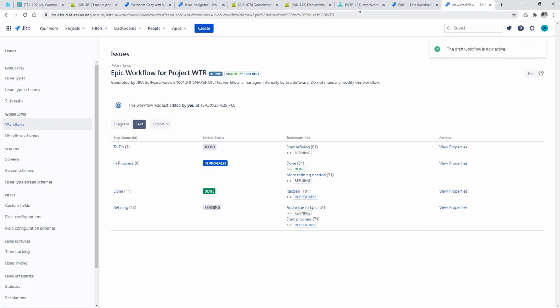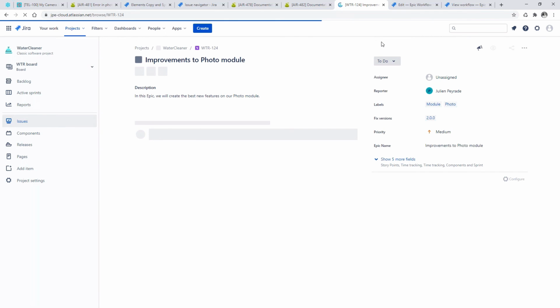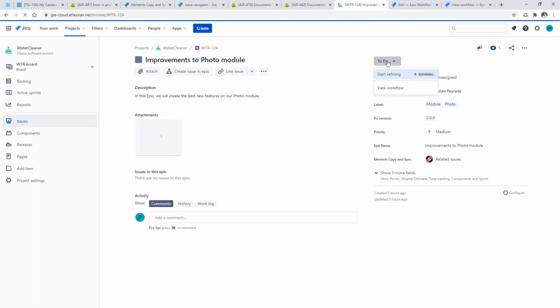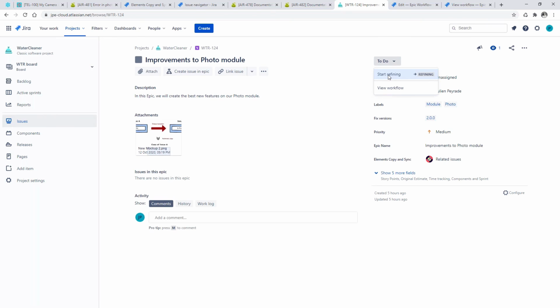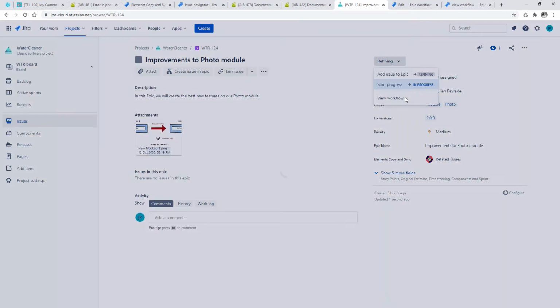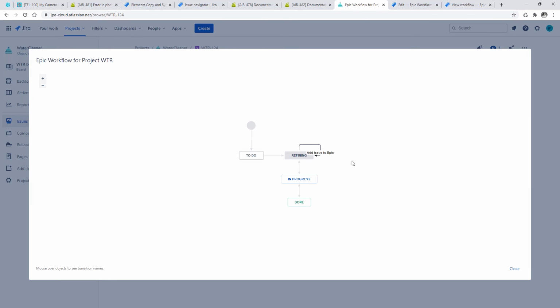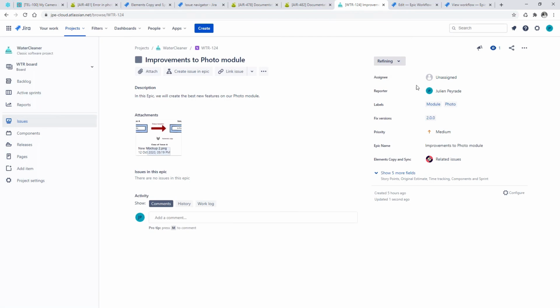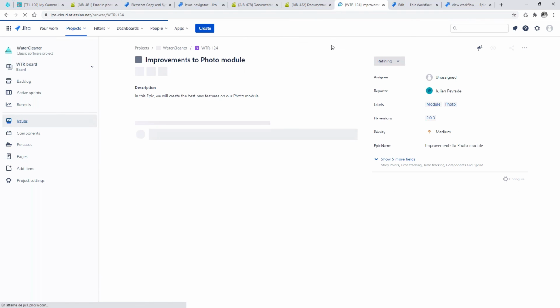And I can go back to my epic. First, I need to be in the status start refining. As you can see, in the workflow, we are in the status. And here, my transition is available. So I'm going to click on it. The goal is that each time I use this transition, a new issue is added to the epic. So if I refresh my page here,